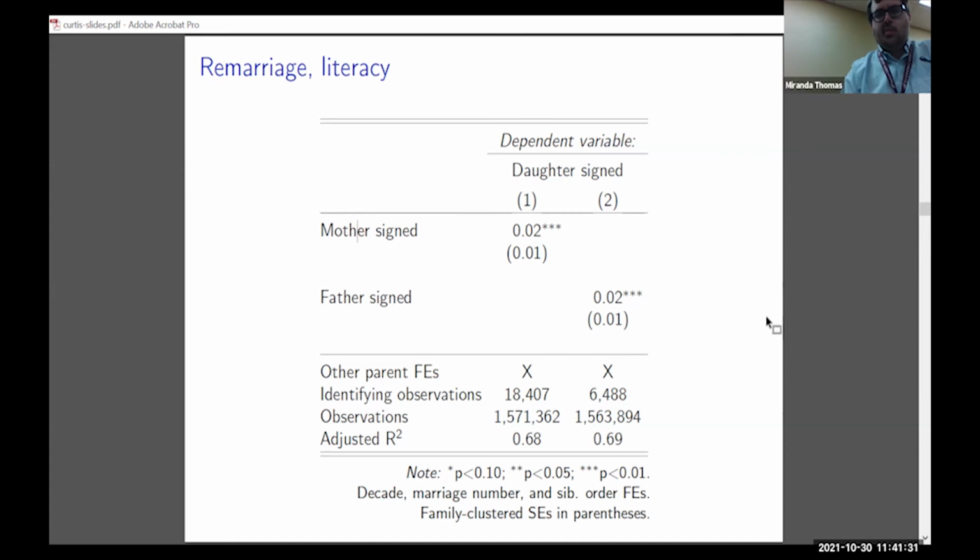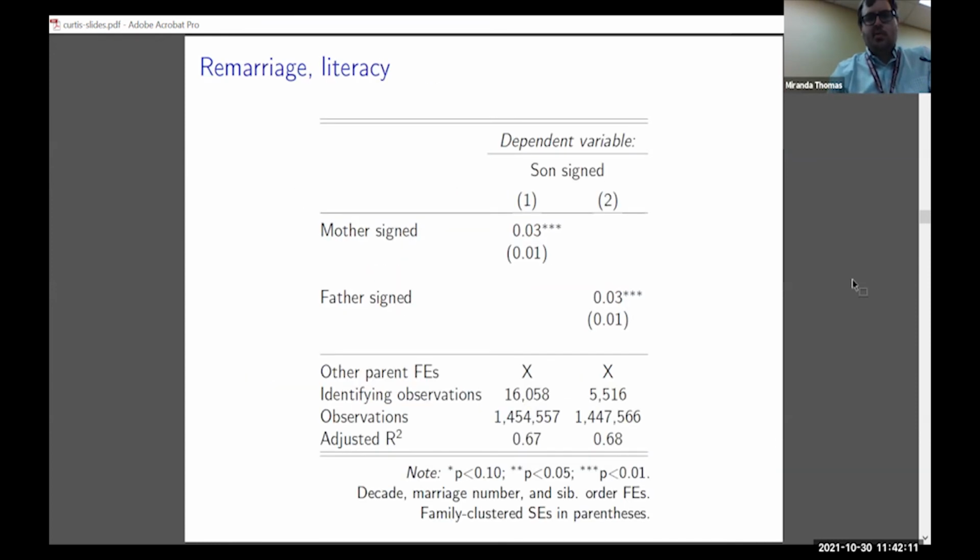I do the same thing for sons. Now my slides aren't moving. And sons have a very similar pattern here. If you remember in my measurement of assortment too, I assume that human capital is inherited the same for both sons and daughters. And the evidence here suggests that it's at least very similar for sons and daughters, 0.02 and 0.03. And other evidence in the paper has similar results, that there does seem to be a symmetry, at least in Quebec, in the way you inherit human capital from your parents. That could be Quebec specific, though.